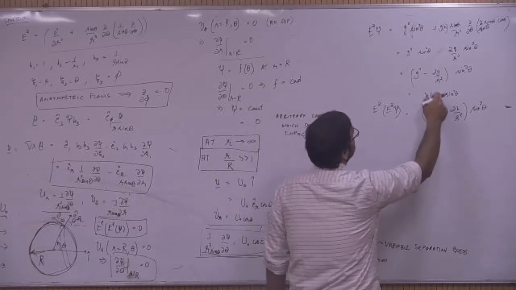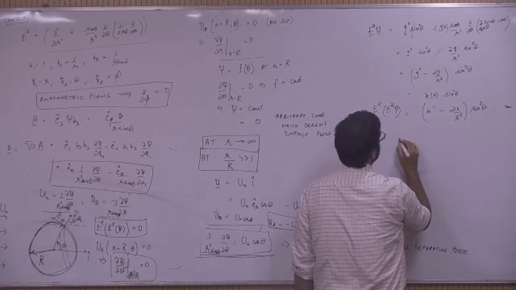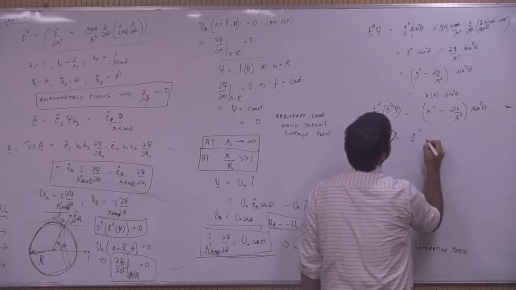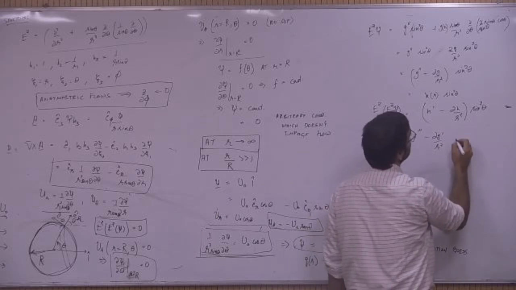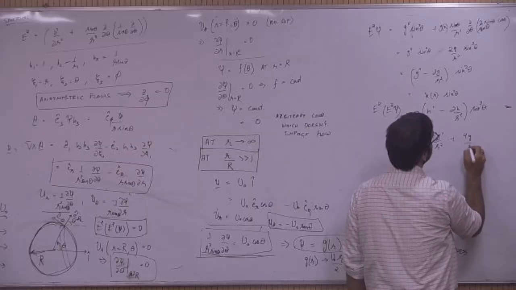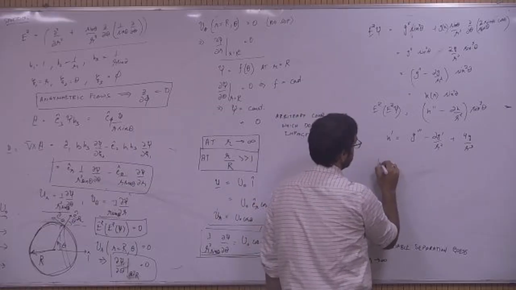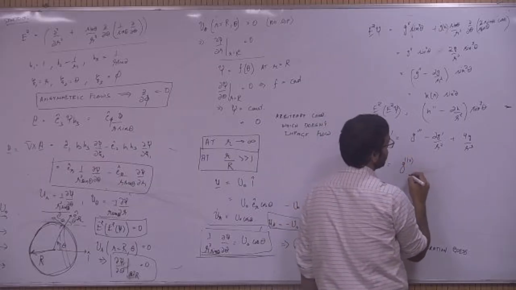So what is h double prime going to be? So let us calculate h prime. H prime is simply g triple prime minus 2g prime over r square and then plus 4g over r cube, right? And then h double prime is simply fourth derivative of g